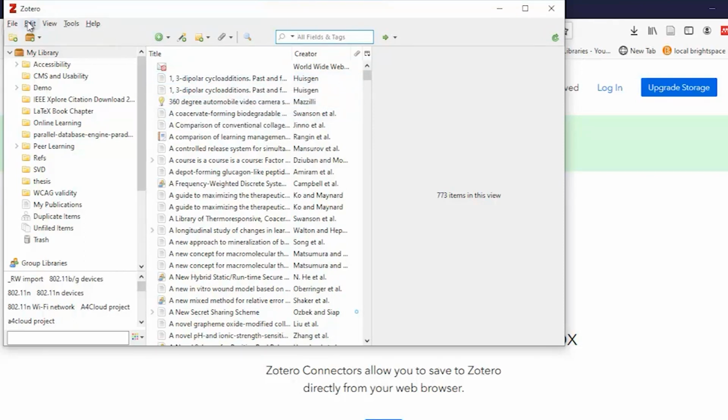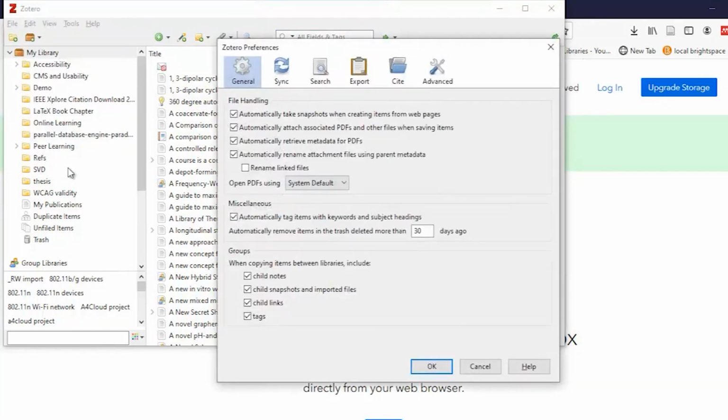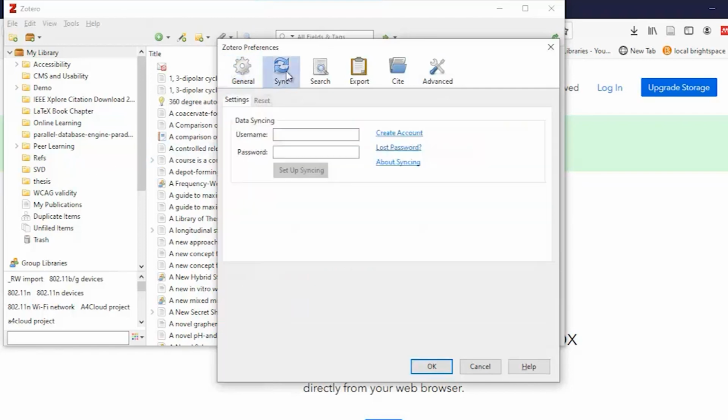So to set that up, you select Edit from the main menu, and then you select Preferences. There's a couple buttons along the top, and we're going to select the Sync button. And here's where you enter your username and your password that you created on Zotero.org. And then you'll want to select the Setup Syncing